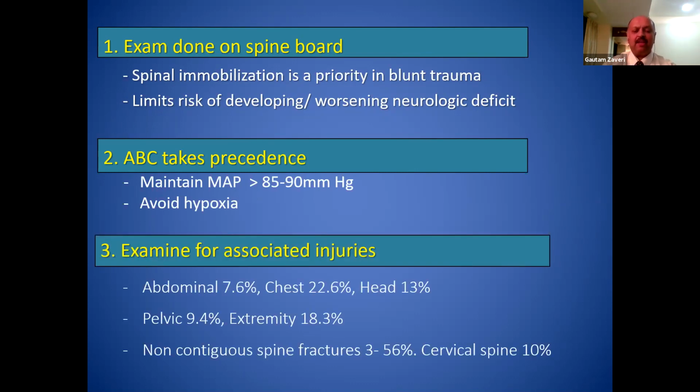Having done these two things, the next thing is to examine the patient from head to toe. Start by looking at the head and looking for any head injuries by examining the patient's orientation and looking at the GCS. Look at the chest, palpate for any rib fractures and auscultate for any problems. Palpate the abdomen, make sure it is soft. Look for injuries to the musculoskeletal system, especially the pelvis, any extremity fractures. And whenever you're looking at one spine fracture, remember that the incidence of non-contiguous spine fractures is as high as 50% on occasions.